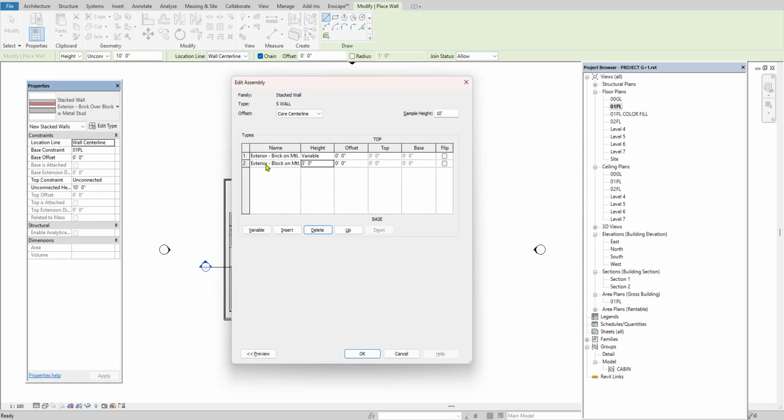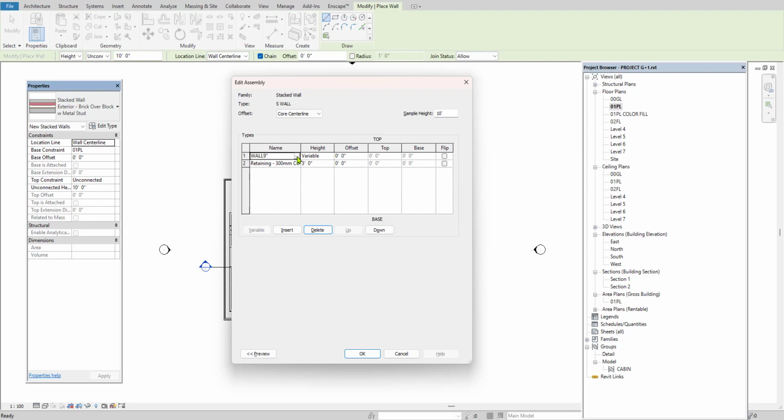So here we have type 1 and type 2 walls. In order to change the brick material or wall material, you can select the wall which you want to stack. So we have brick, and if you want, you can make it a masonry wall or concrete wall, whatever it may be. For the bottom I am going to apply masonry or concrete, and for the above layer I am going to apply the 9-inch wall.